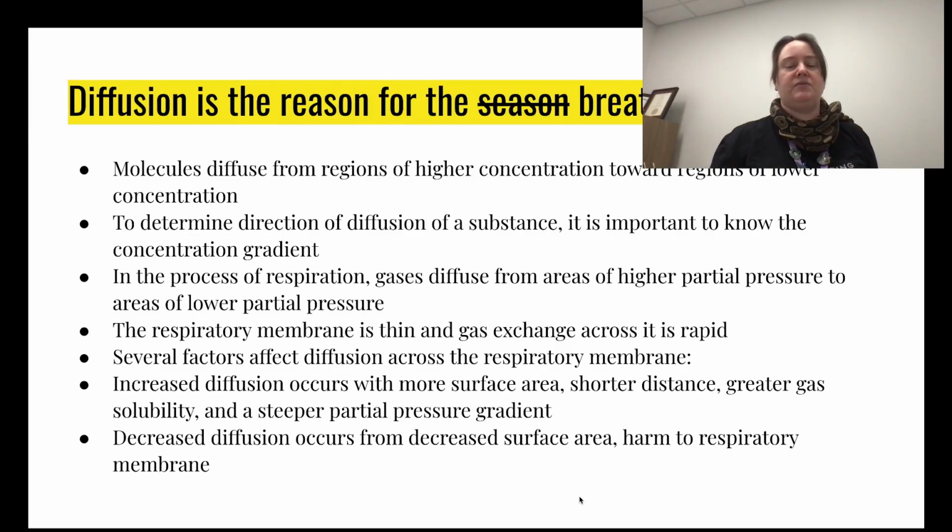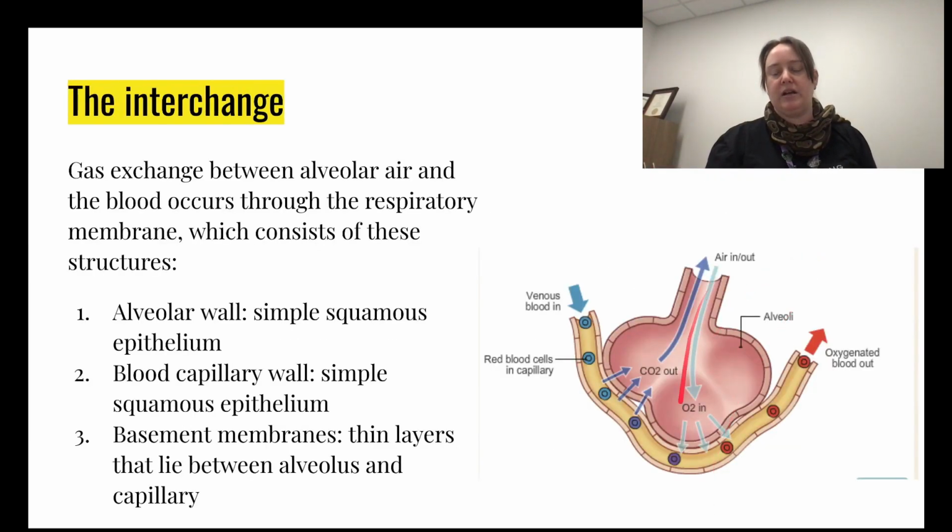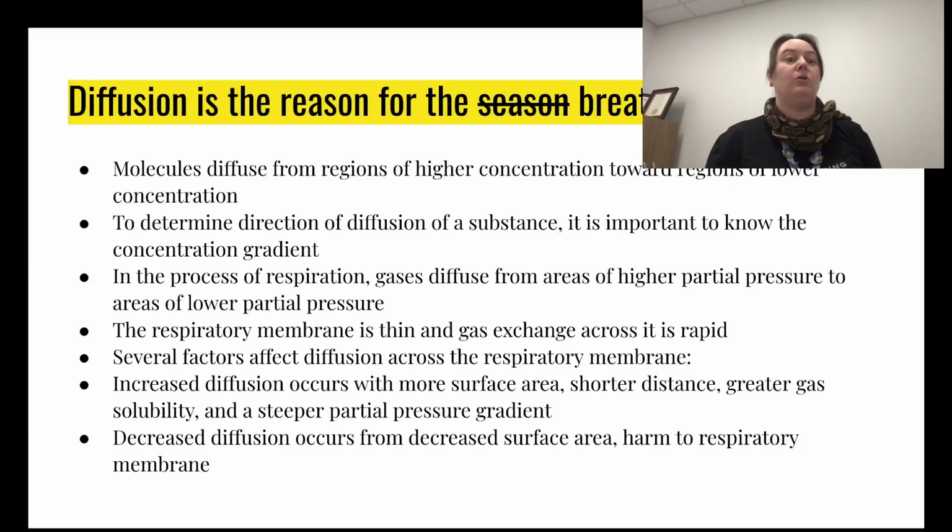So diffusion is the reason for breathing. Molecules diffuse from regions of higher concentration towards regions of lower concentration, as you can see right here. So air is coming in, and the carbon dioxide is getting kicked out, and that primes the red blood cells to suck in oxygen because there's a ton of it coming in on this end, and therefore they're sucking it up. So again, diffusion is what's going on. Carbon dioxide diffuses out because there's not a lot in here, because there's a ton of air in here. So remember, things like to go from high concentration to low concentration, and our bodies take advantage of this all the time.